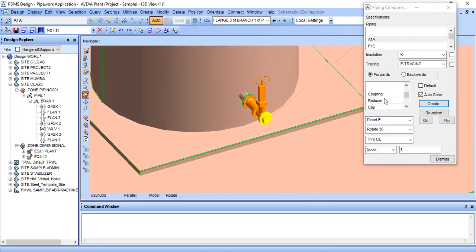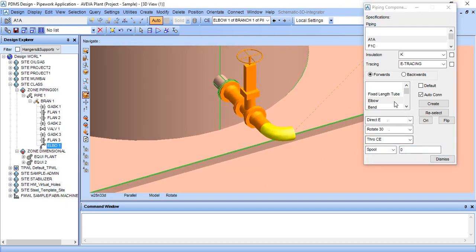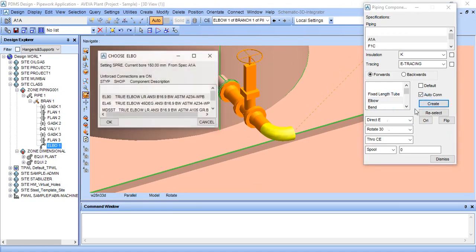So we need an elbow. A 90-degree elbow. Take a 200 spool. We need another elbow.